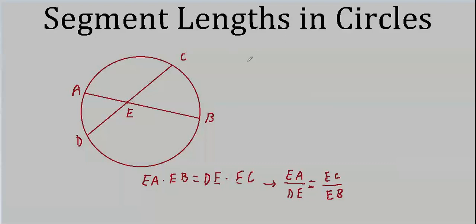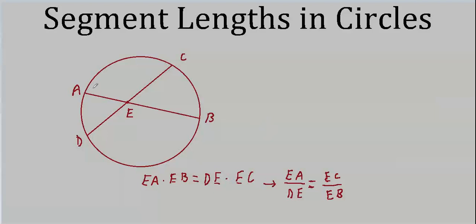I mean, it says segment lengths in circles, and throughout this section, at no point are we going to, say, draw a chord and then say that given a radius and the arc measure that chord covers, we should be able to figure out the length of that chord. And in fact we can, but it's really hard to do with the information we have in this course. So let's start doing what we can do, and that is